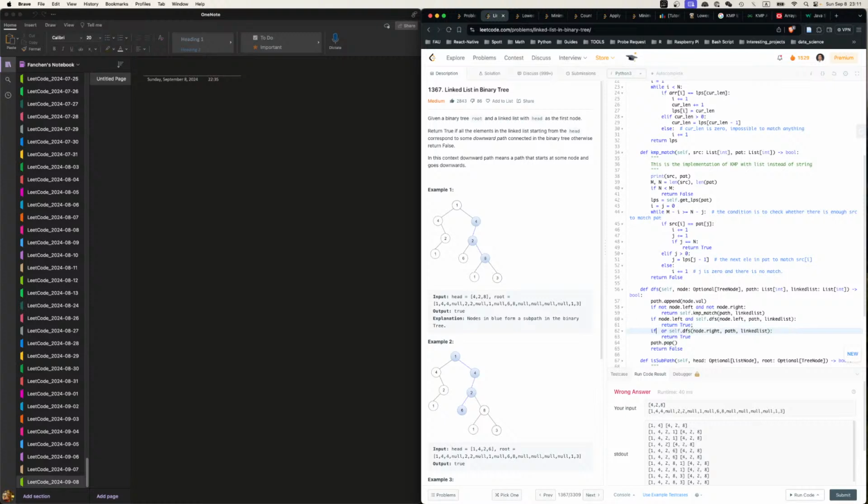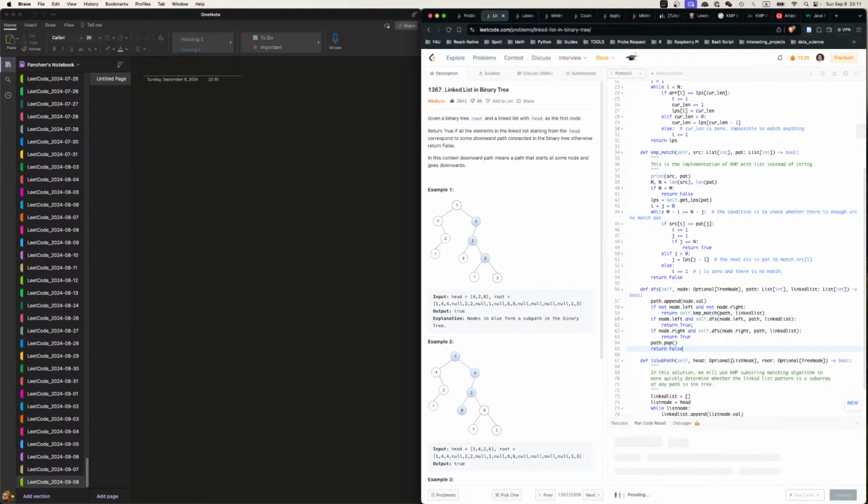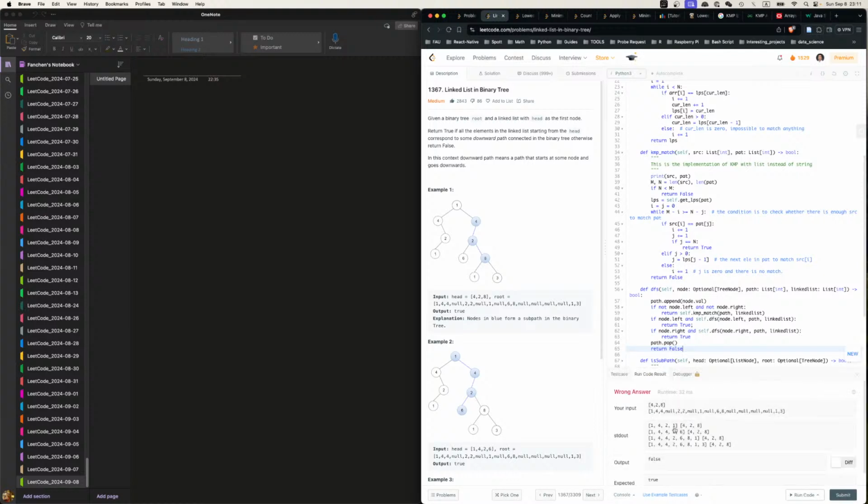And then if node.right and this, return true, and now return false. This shall restrict to 1421, 1426, 1426. Yes, okay. So now the problem is because of 428,